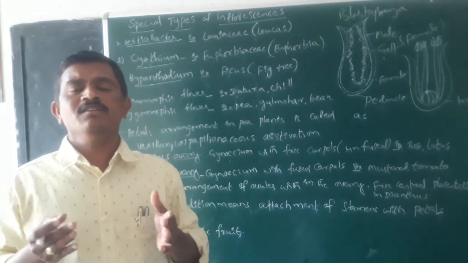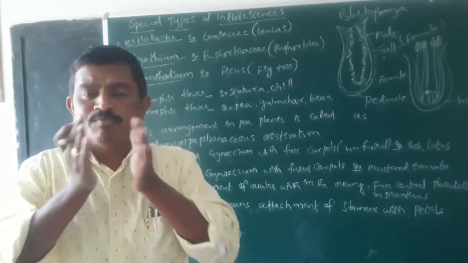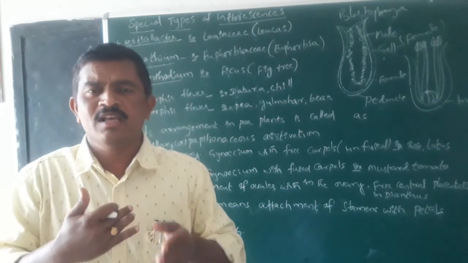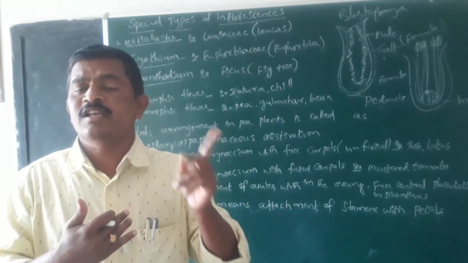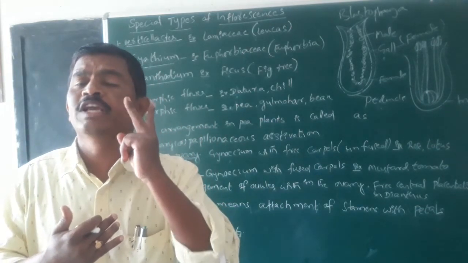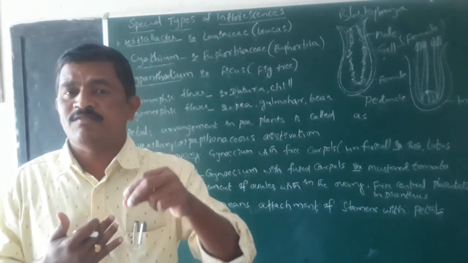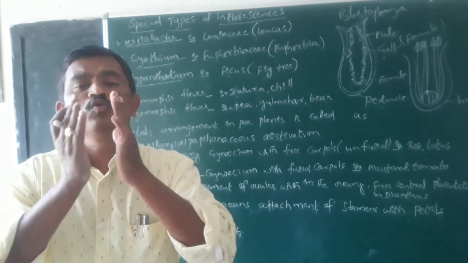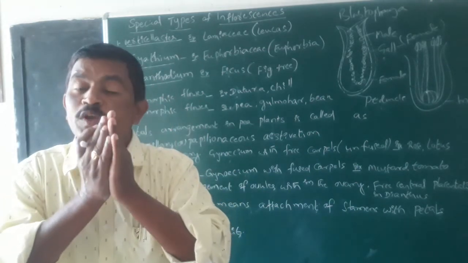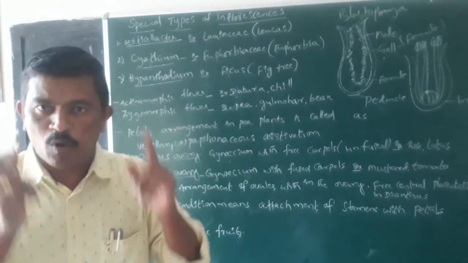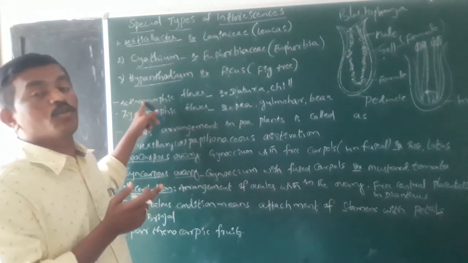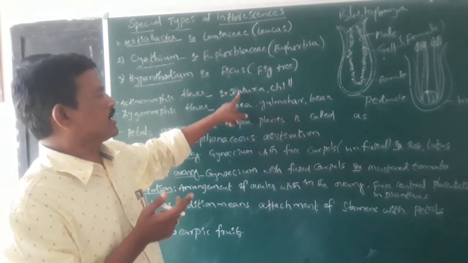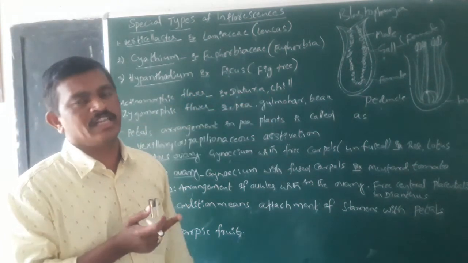Once again I am repeating, actinomorphic flowers may be cut into two equal halves in any plane. This means this kind of flower can be cut into two equal halves from the base, passing through the center. Here there is a possibility to separate the flower into two equal parts. An example of such flowers is Datura metel and also chilies.